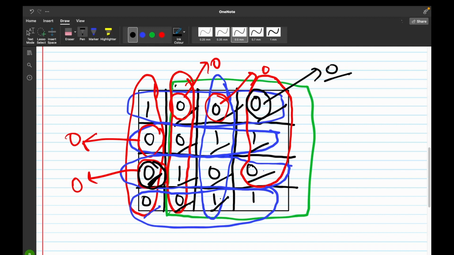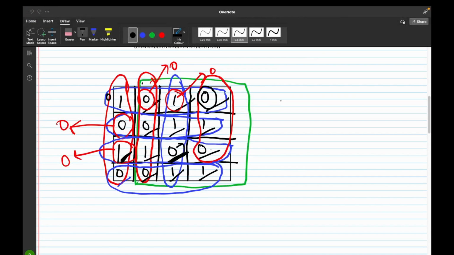So this is a non-zero element, so we skip it, and this is also a non-zero element, so we skip it. So that's how we traverse the submatrix in green and modify the elements of the first column and the first row. Now if we start to observe carefully, we will notice a pattern that whenever we encounter an element which is 0 in the green submatrix, that is this,